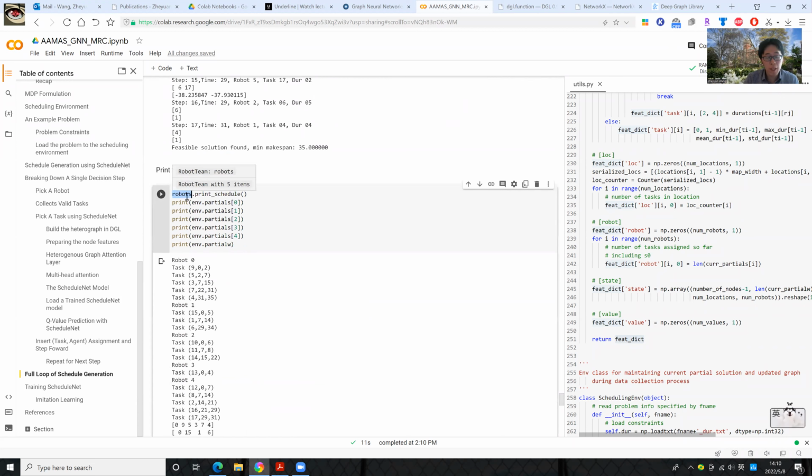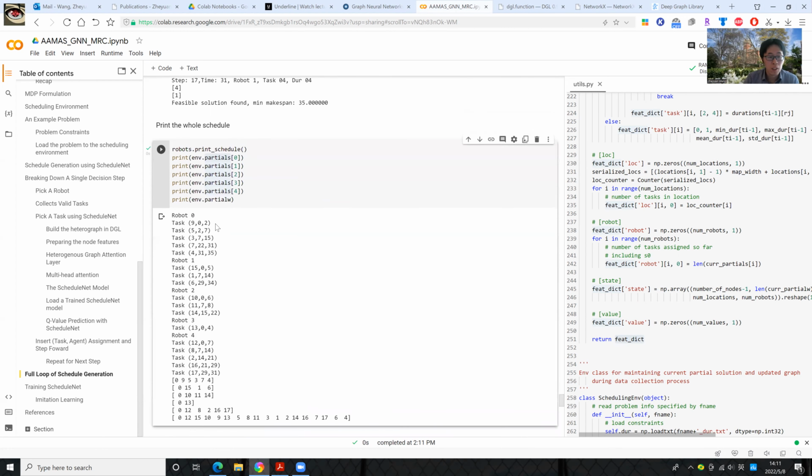The robot team has a function, print schedule, to print the whole schedule once you have found one. And you can also access the schedule with the partials from the scheduling environment. So this gives you the schedule of robot 0, which